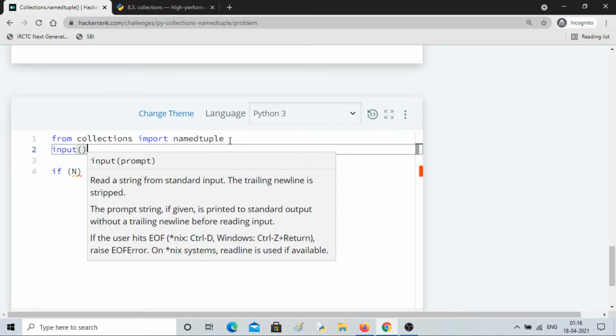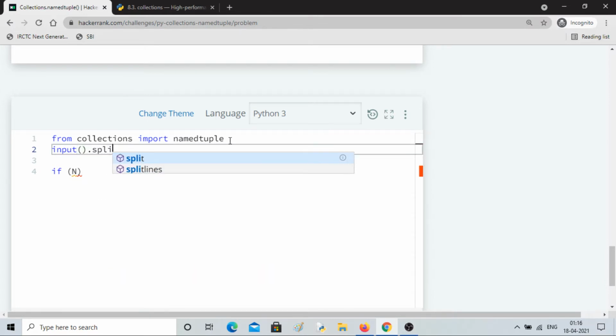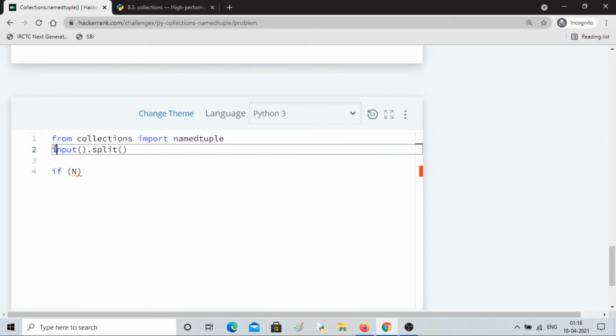Input dot split. This will be in string form, in list form, so I'll convert it into int, integer type.